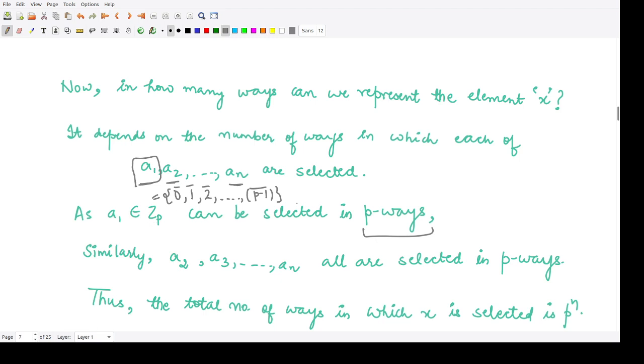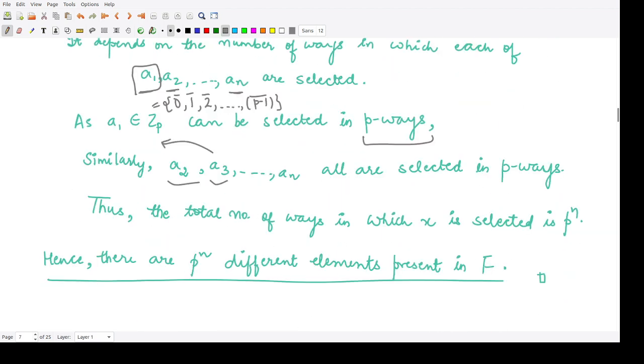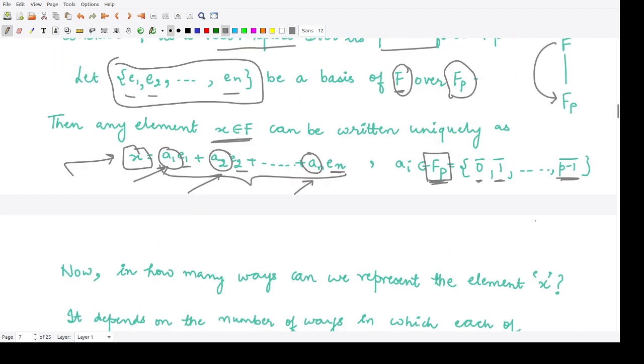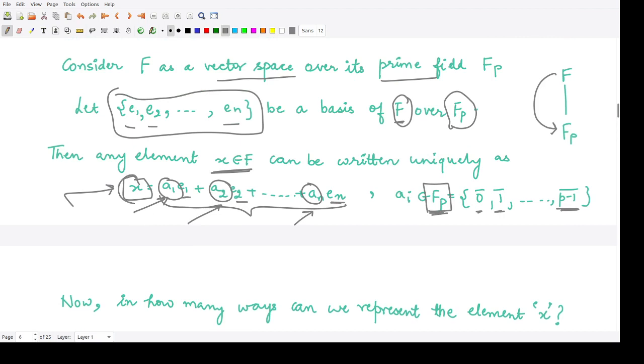So a1 is selected in p ways, similarly a2 would be selected in p ways, similarly a3, which also belongs to Zp, is also selected in p ways. Overall we have n elements, all chosen in p ways. Therefore the total number of ways in which we can select all these elements a1, a2 up to an from Fp is p to the power n, and that is the number of ways in which we can represent the given element x.